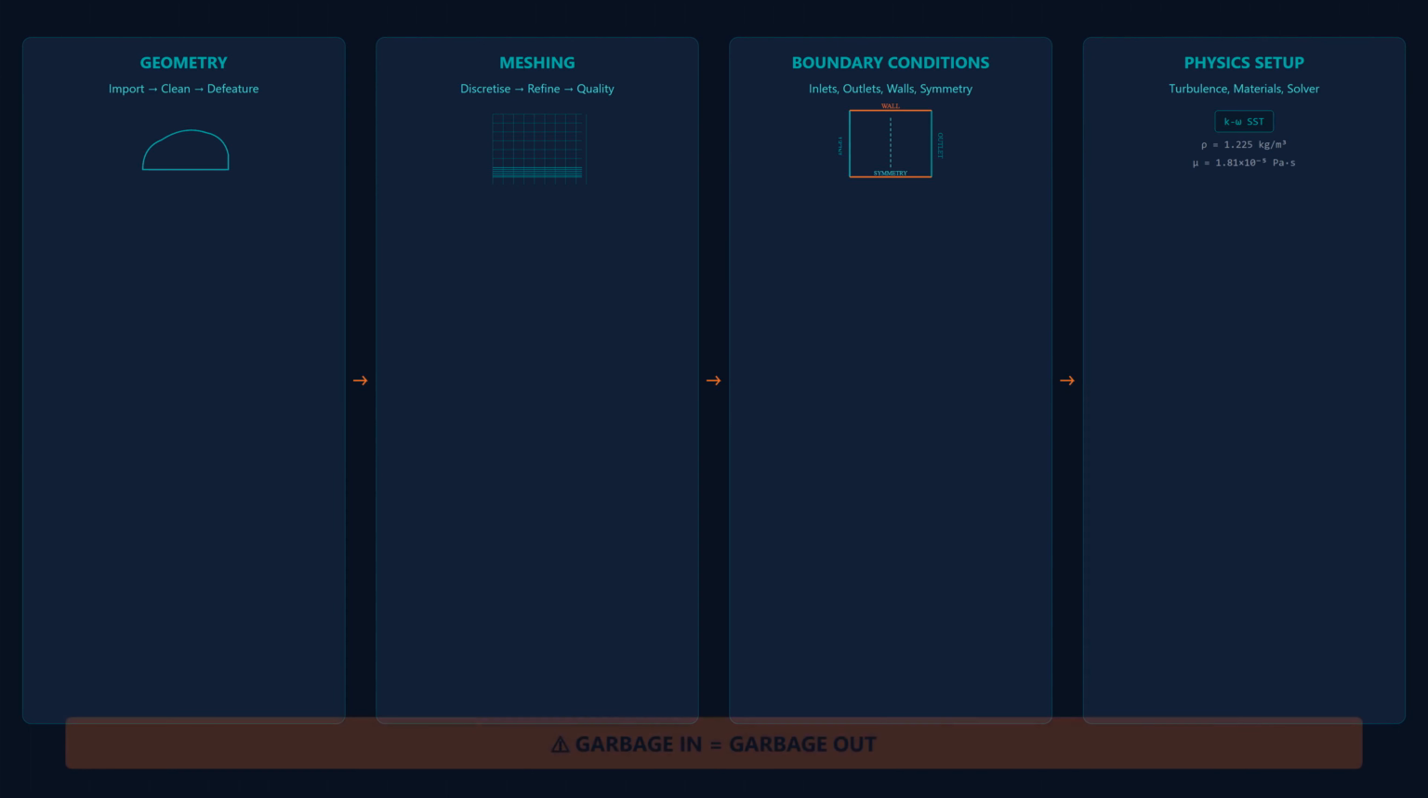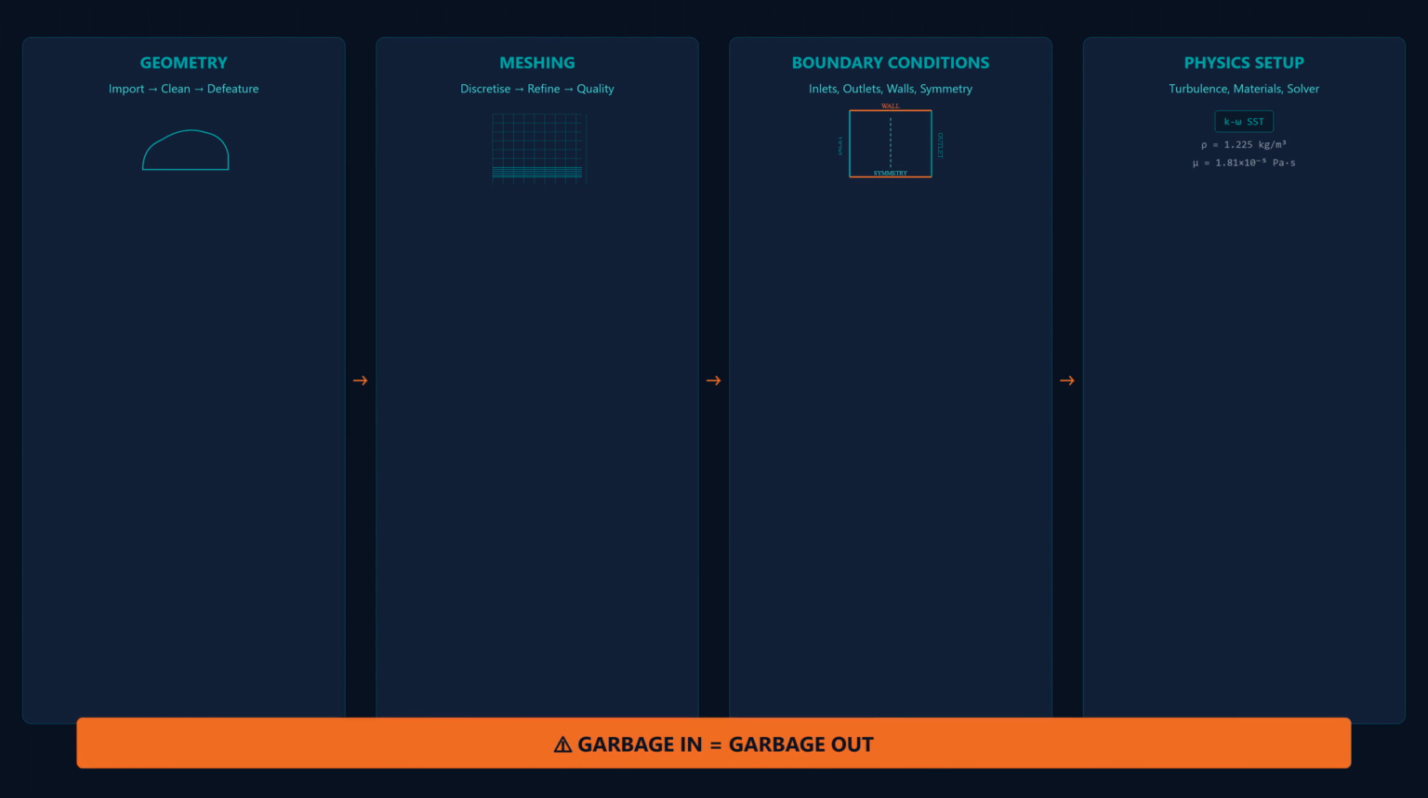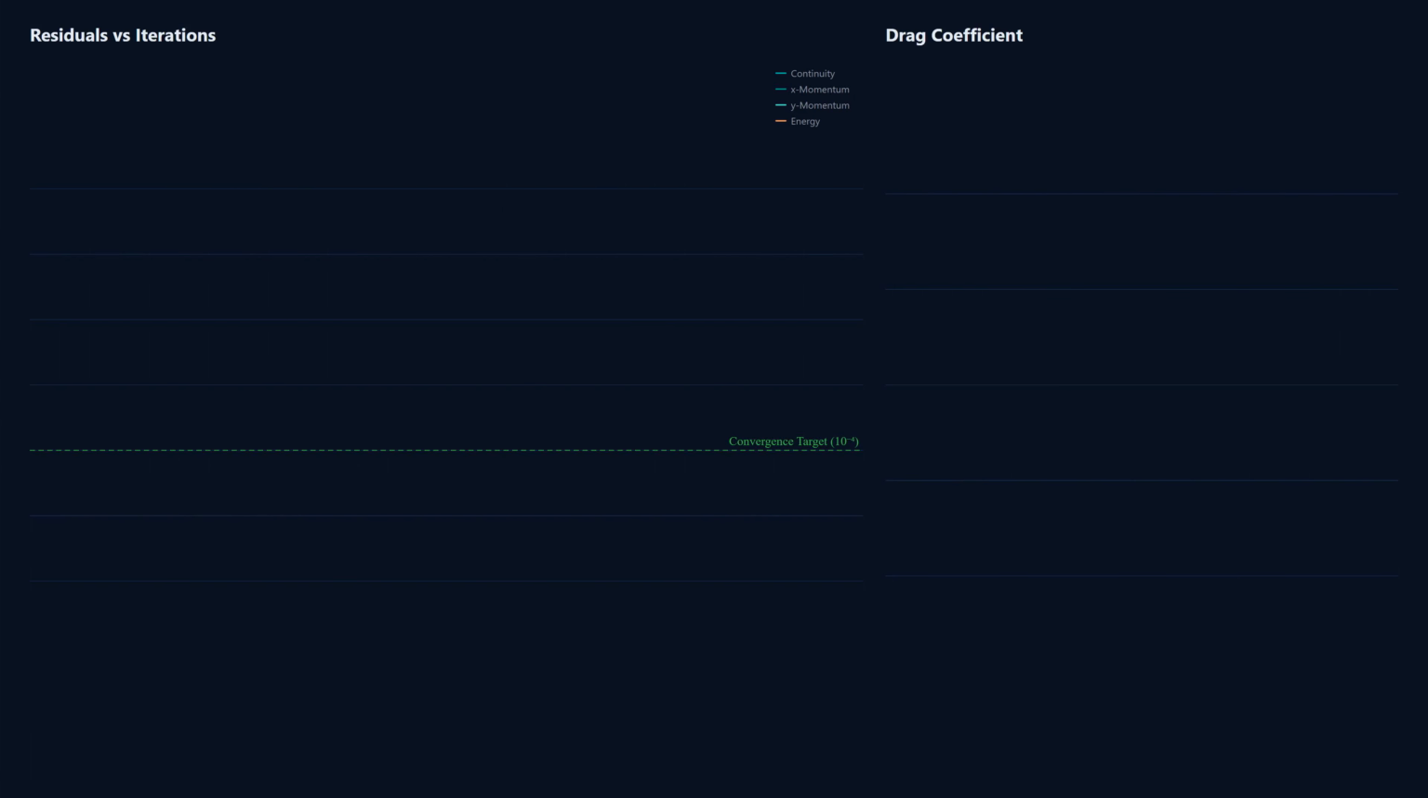Finally, set boundary conditions. Inlets define what enters. Outlets define where flow exits. Walls enforce no slip. Symmetry planes halve your computational cost. Get any of these wrong, and it doesn't matter how good your solver is. Garbage in, garbage out. With pre-processing complete, the solver visits each cell, assembles algebraic equations from the discretized Navier-Stokes system,